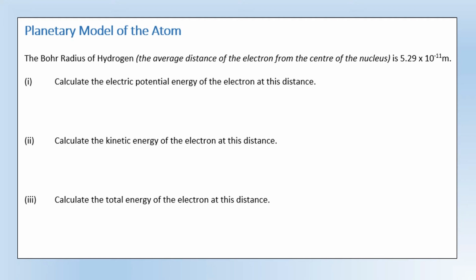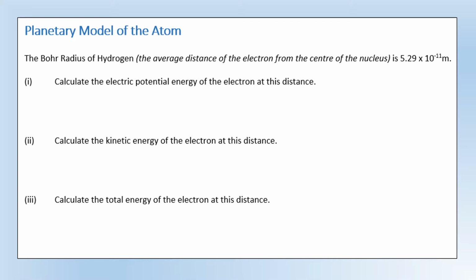Okay, so in this video, we're going to take a look at some topics that could come up in OCR paper 2. So we're looking at electricity, waves, quantum, and also electric and magnetic fields, medical physics, that kind of thing. To start off with, we're going to be looking at the planetary model of the atom,